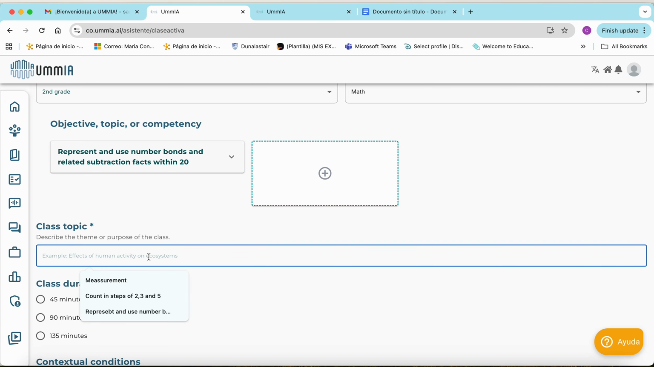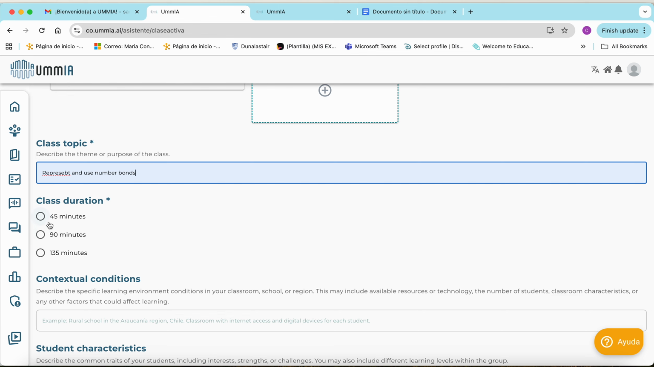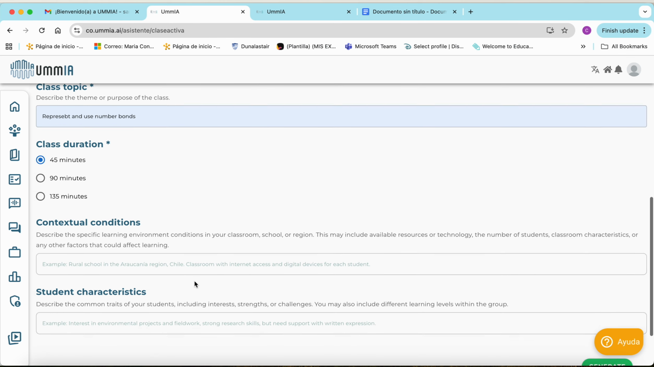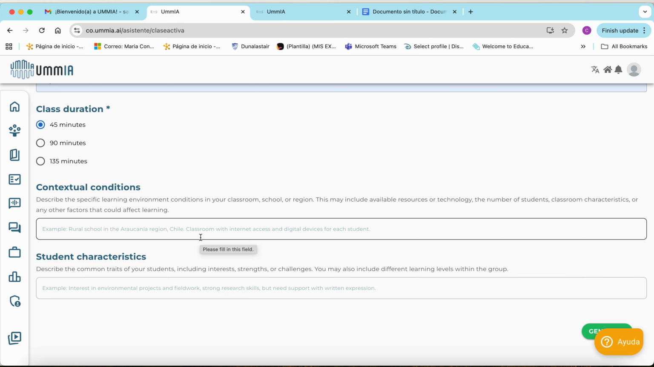Now the class topic, in this case, I'm going to write represent and use number bonds. The class, for me, 45 minutes. And here in the contextual conditions, I describe the specific learning environment conditions in your classroom, school, or region. This may include available resources of technology, the number of students, classroom characteristics, or any other factors that could affect learning. So I'm going to write here